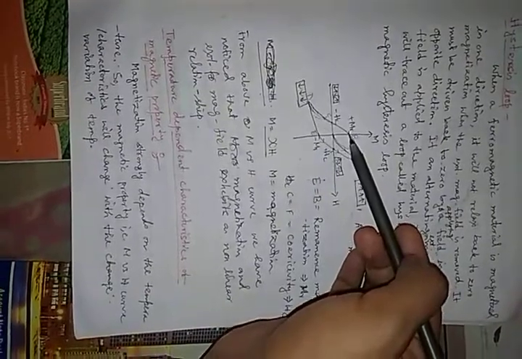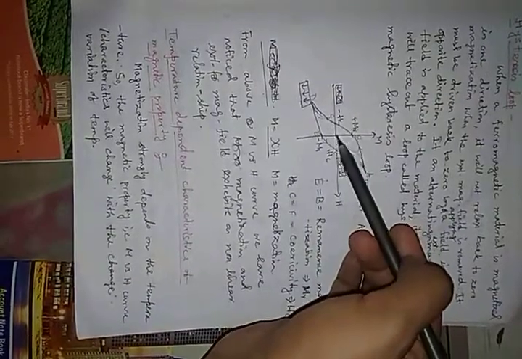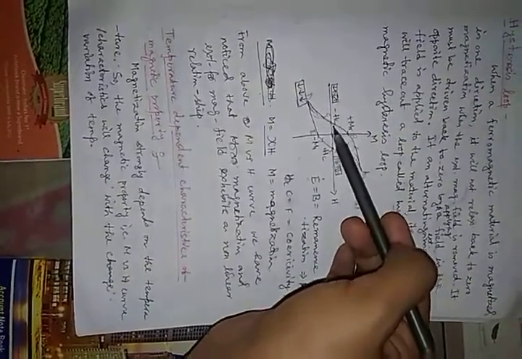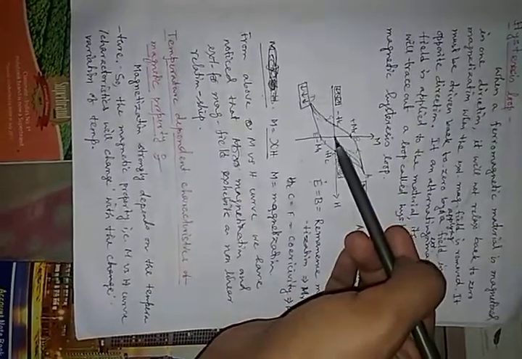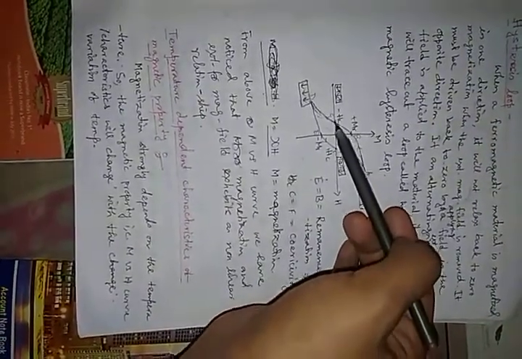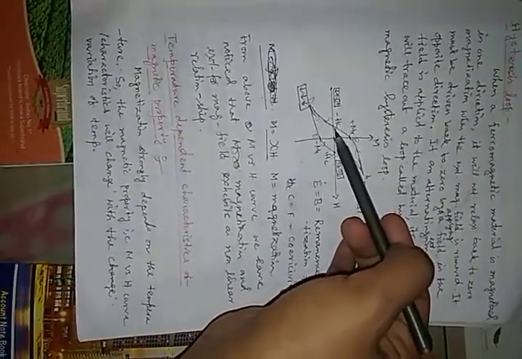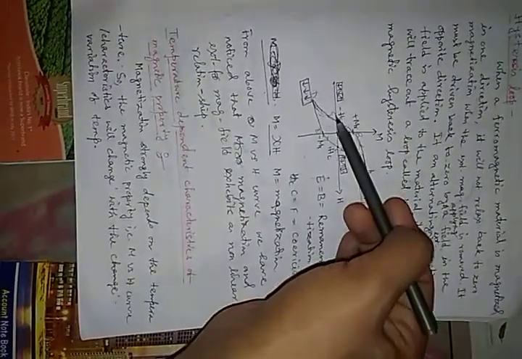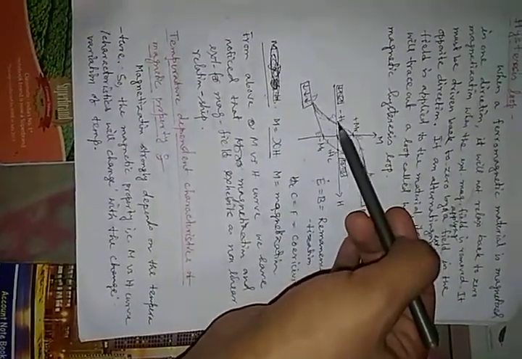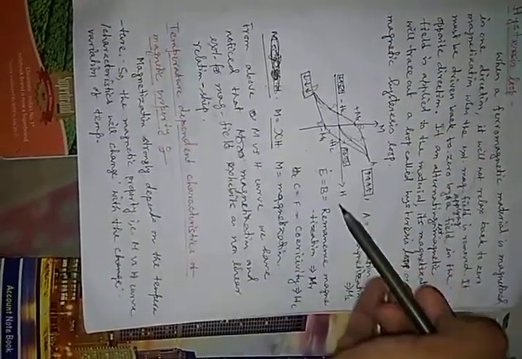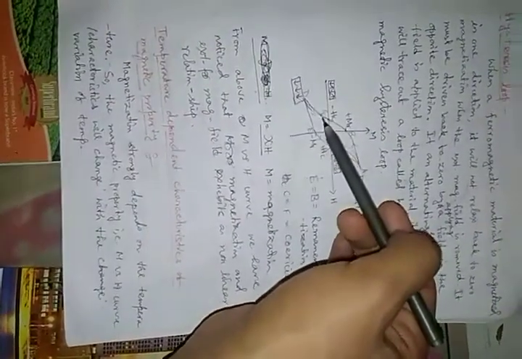Then in order to make this magnetization zero, or remove this remanence magnetization, I have to apply the field in the opposite direction. So I will go to the negative direction, and again for a certain field I will notice that M becomes 0. This amount of negative field is known as Hc, which is the coercivity or coercive force of this material.